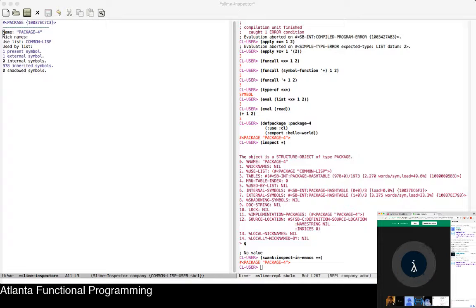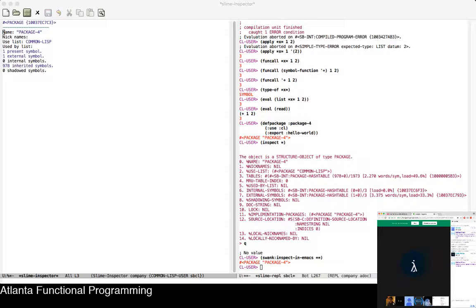Read calls intern, like you can call intern. Eval calls symbol function and symbol value, like you can call symbol function and symbol value. Probably for efficiency's sake, there's something lower level in the way those are implemented that's not exactly that. But the behavior is supposed to be that there should be no observable difference to what read is doing and what you could do by calling the package